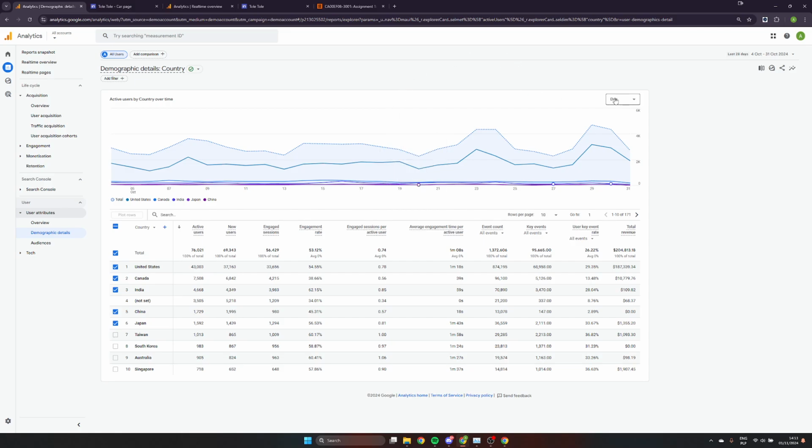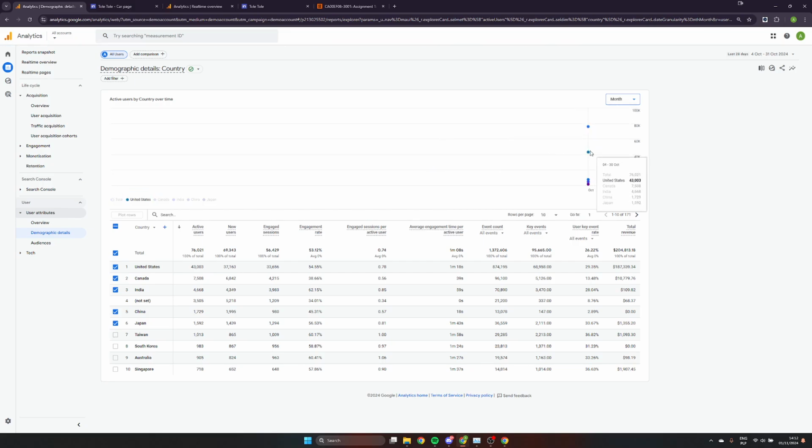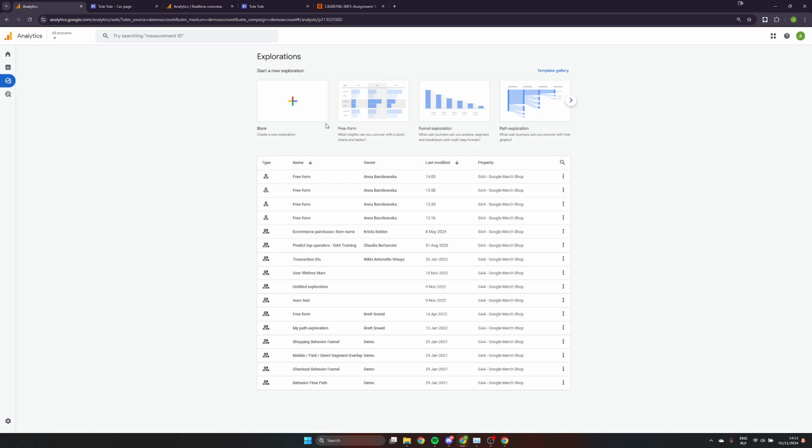If you change the date from day to week or even to month, we can still see that United States has the highest user engagement, and that for me is pretty interesting. Now, if we go to Explore and go to Freeform,